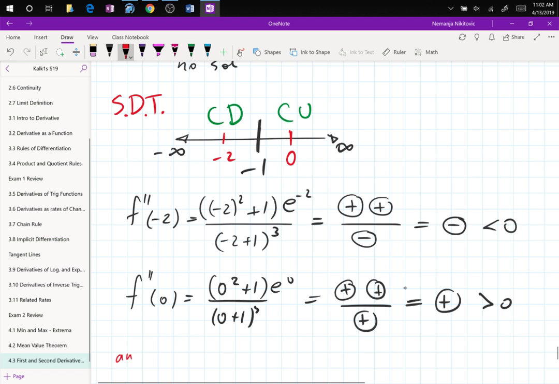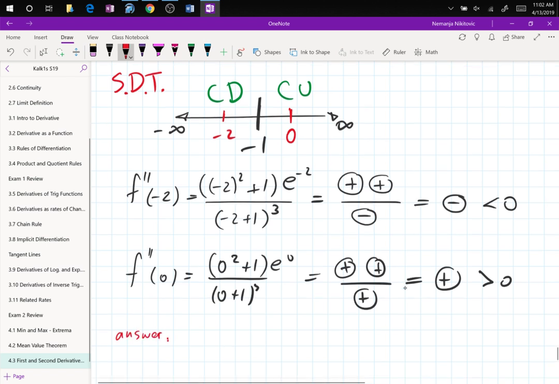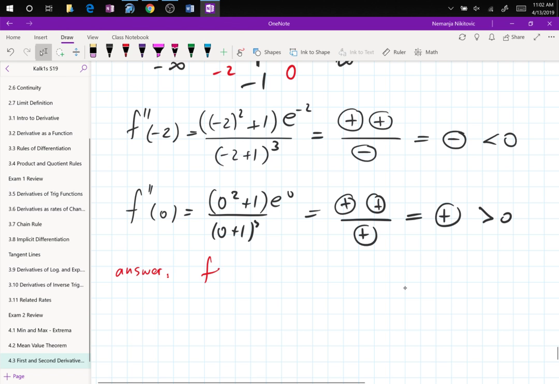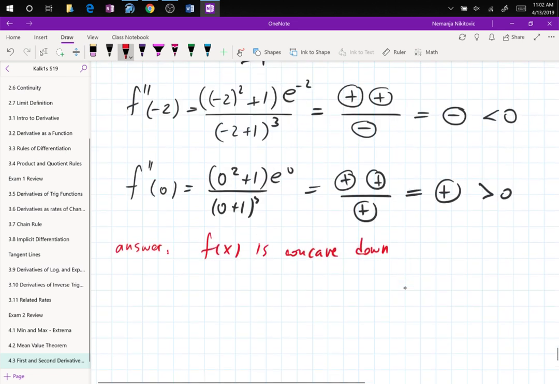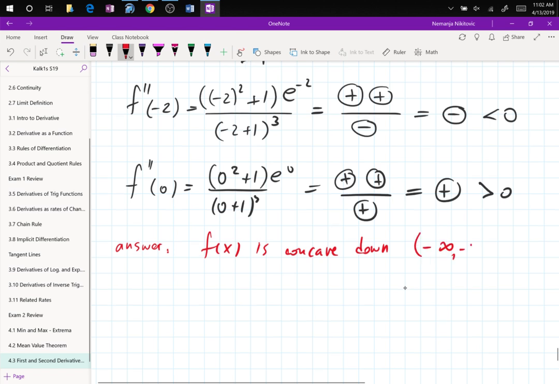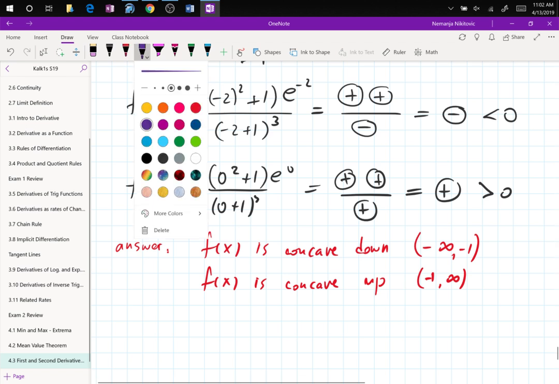Answer. F of x is concave down, negative infinity to negative 1. F of x is concave up, negative 1 to infinity. And you box that because that's your